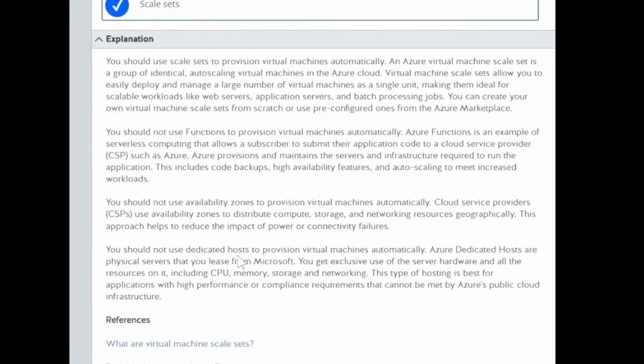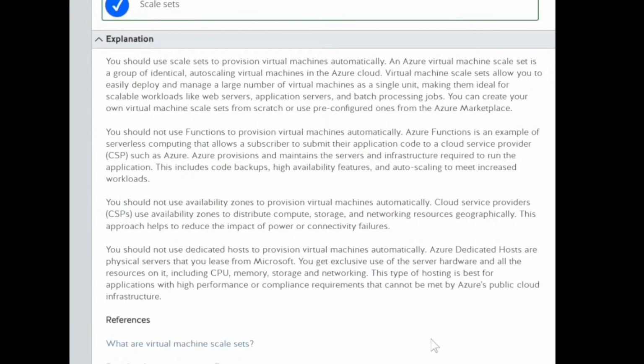You should not use dedicated hosts to provision virtual machines automatically. Azure dedicated hosts are physical servers that you lease from Microsoft. You get exclusive use of the server hardware and all the resources on it, including CPU, memory, storage, and networking. This type of hosting is best for applications with high performance or compliance requirements that cannot be met by Azure's public cloud infrastructure.